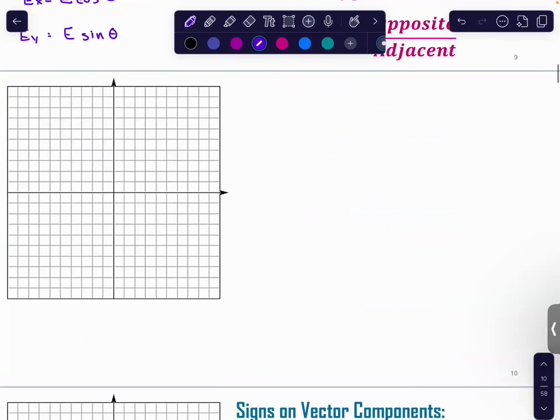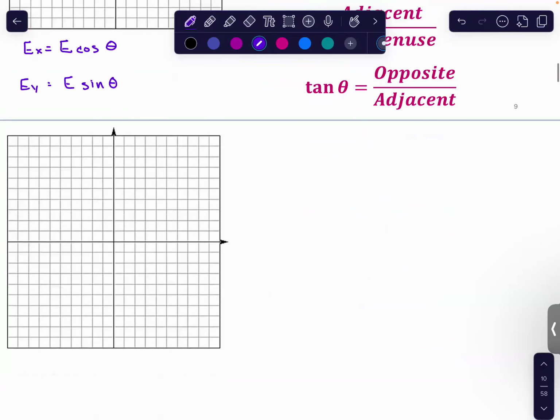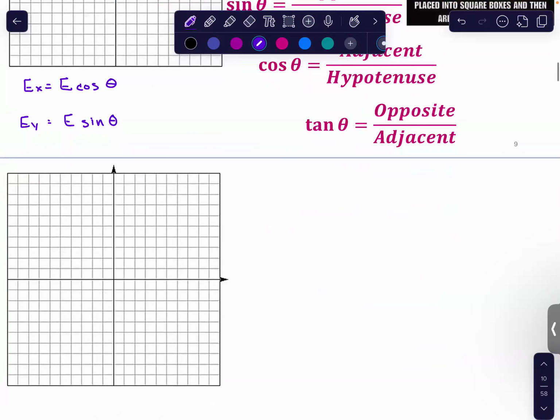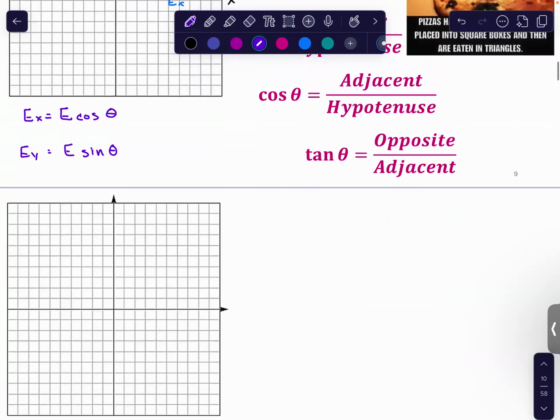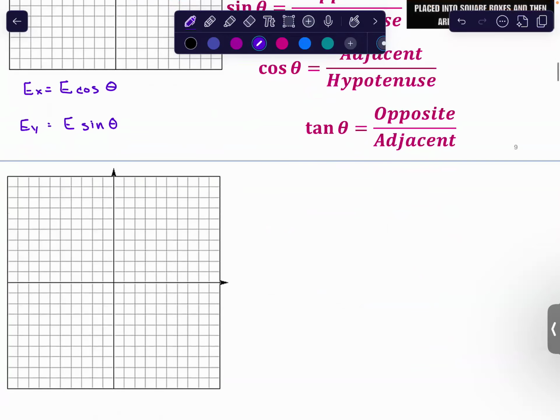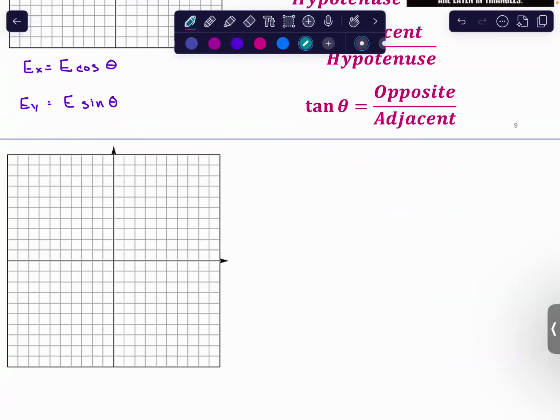Okay, but let's say, oh, how do I want to do this? Okay, let's redraw this electric field. And this time I want to put angle phi there. You can still figure this out. So your components, of course,